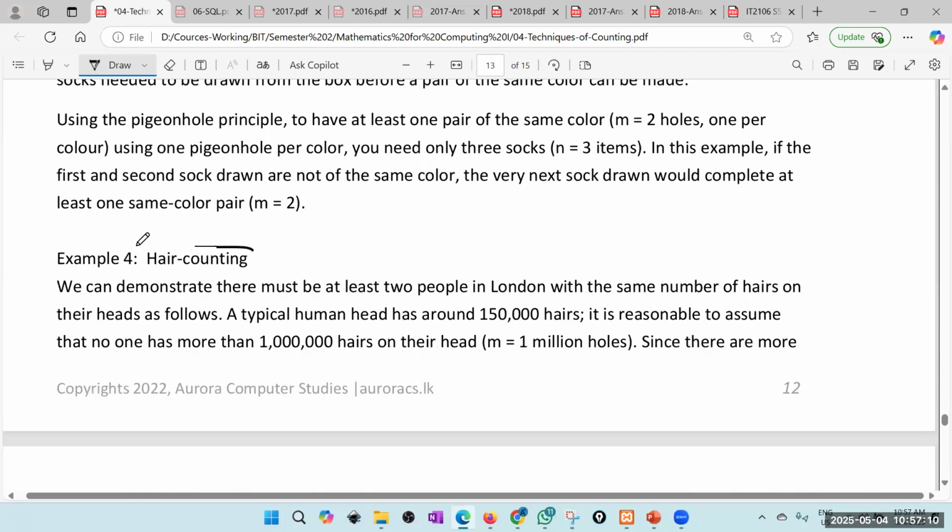So these are some interesting statements from the pigeonhole principle. Okay. So we can demonstrate there must be at least 2 people in London with the same number of hairs on